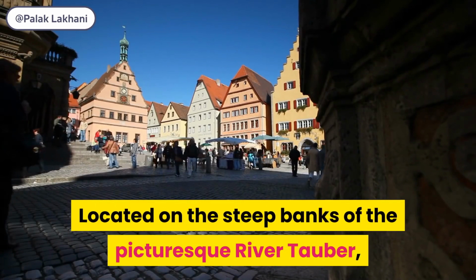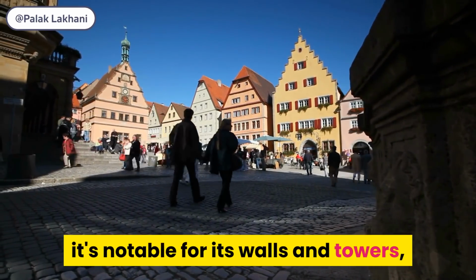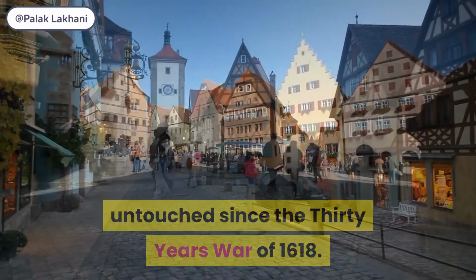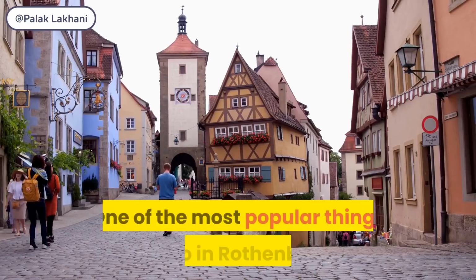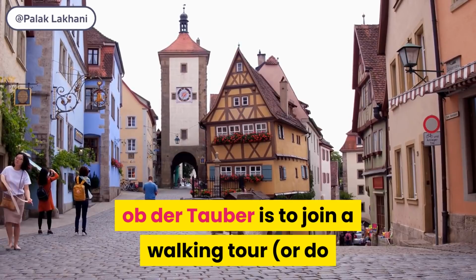Located on the steep banks of the picturesque river Tauber, it's notable for its walls and towers, untouched since the 30 Years' War of 1618. This completely preserved, picture-perfect medieval town offers endless charm. One of the most popular things to do in Rothenburg ob der Tauber is to join a walking tour, or